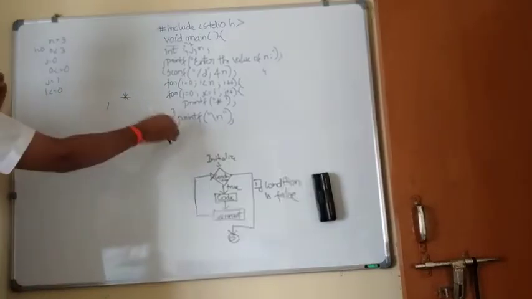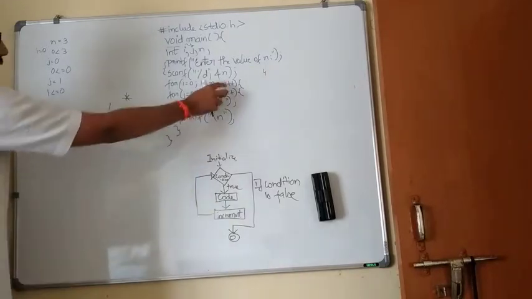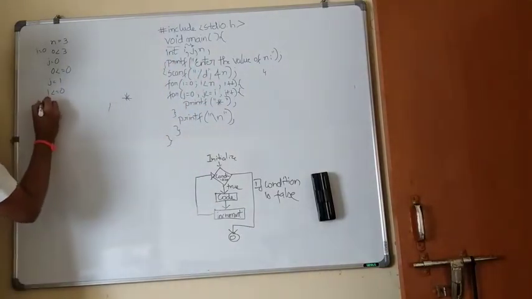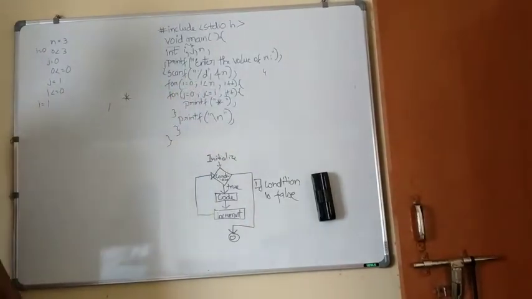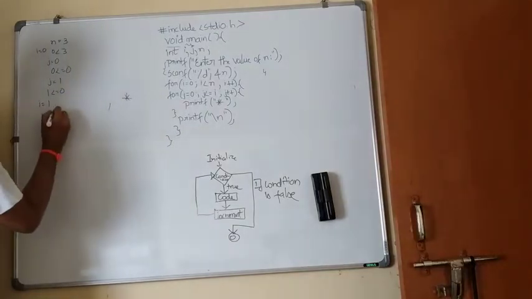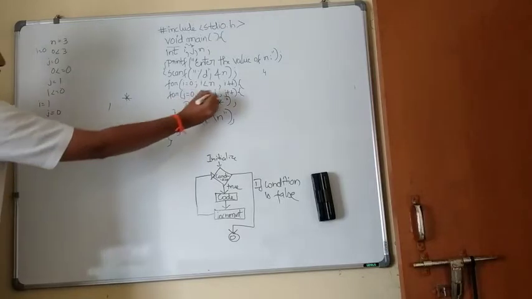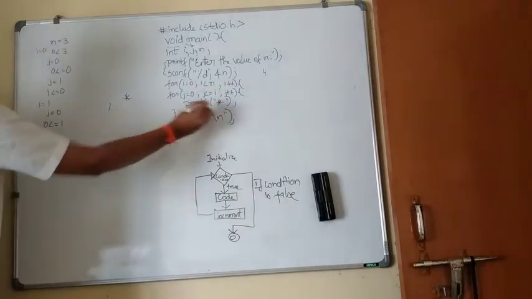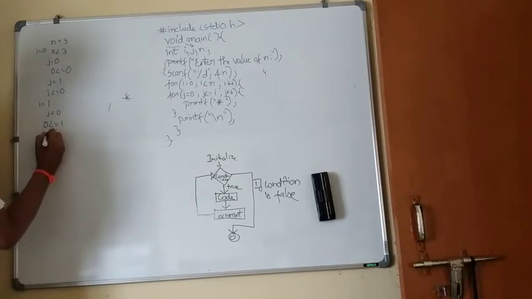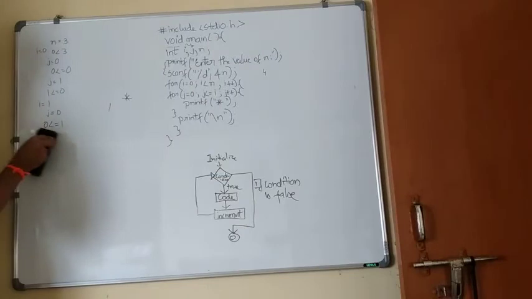After this, we continue with the outer for loop. After it has come here, now i is incremented. Now i becomes 1, right? Now it again enters the second for loop where j is equal to 0. Then j less than or equal to i is checked. 0 is less than or equal to 1. This is true, so a star is printed here.